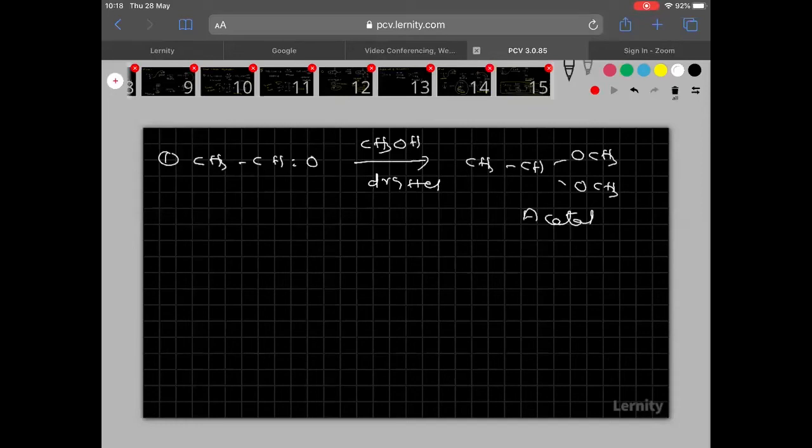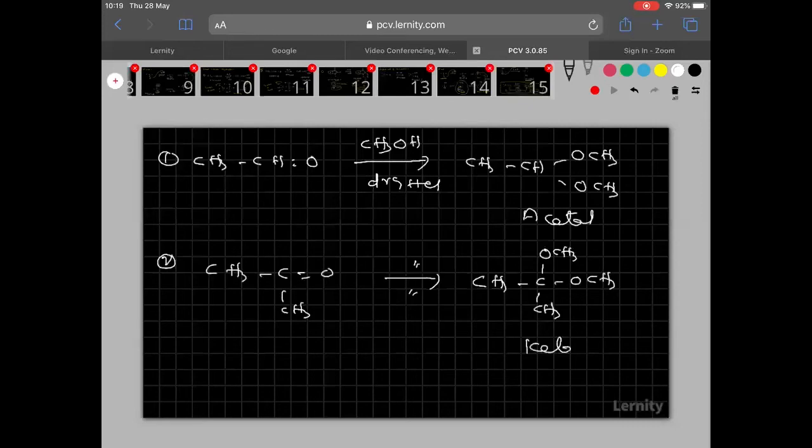Clear? Now, let me take here one more: CH3, C double bonded O, CH3, when treated with the same alcohol in presence of dry HCl. Okay, so CH3, CH3 as it is. So here what happened? OR and here also OR. I think you know the reactant I took here is ketone. Therefore, what is the product formed here? Ketal. If ketone is taken, then the product formed is ketal.